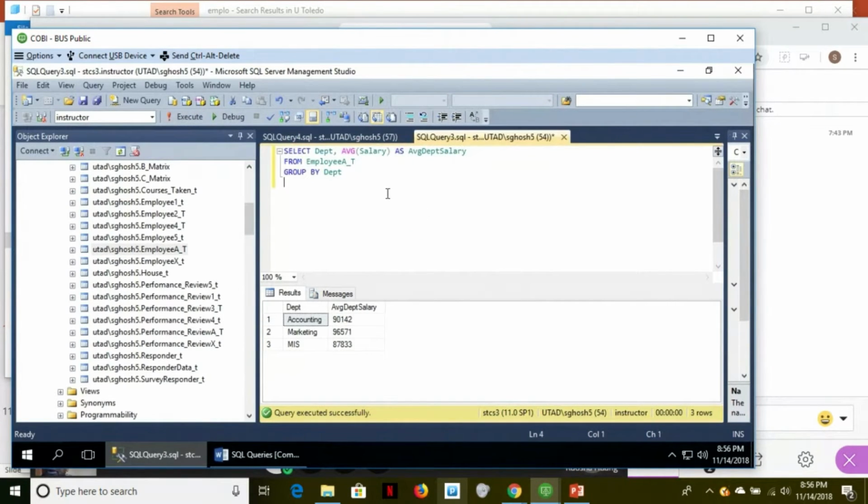So there, what you're basically doing is you're going to group by not just department, but also by position. So you can have multiple variables in the group by clause. So what you would want to see here would be the department, the position, average salary,